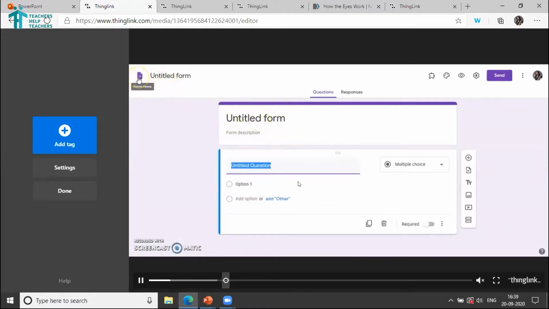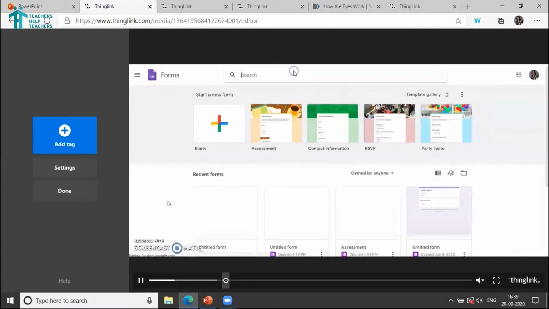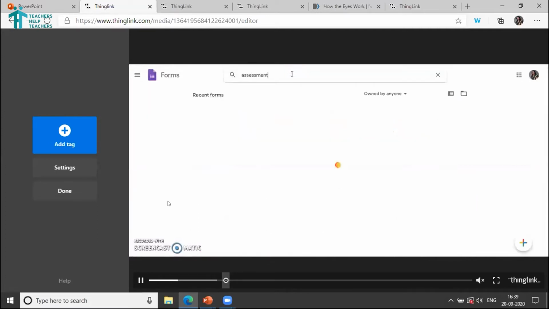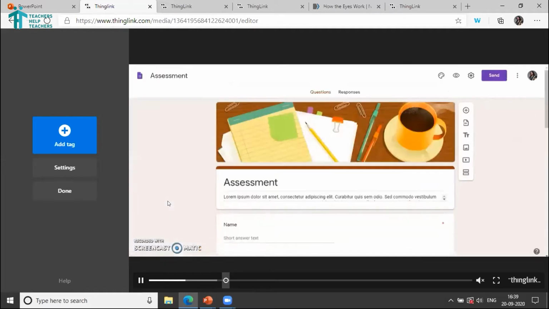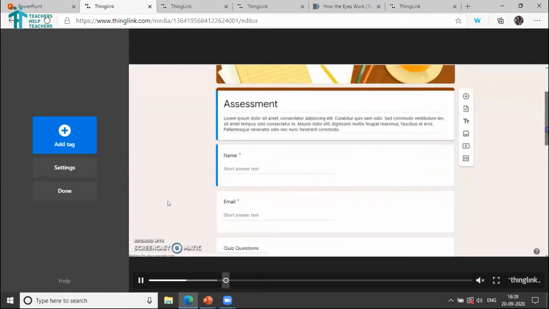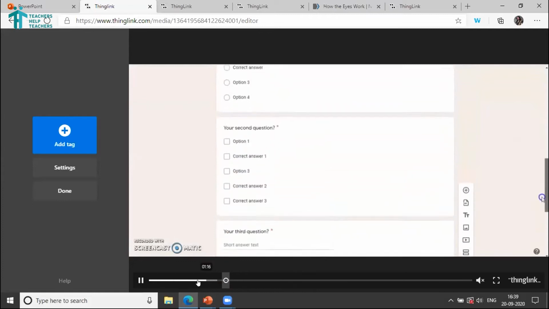I cannot forward this video, otherwise it will not go to the tag. So I'm just waiting a second so that it takes you there and shows you the tag. Basically it works similar for a picture and for an image also, that you click and add some kind of interactive media to your picture or video. If somebody wants, they can try out this part also. I just try to pull it back so that we can quickly see how the tag works here.